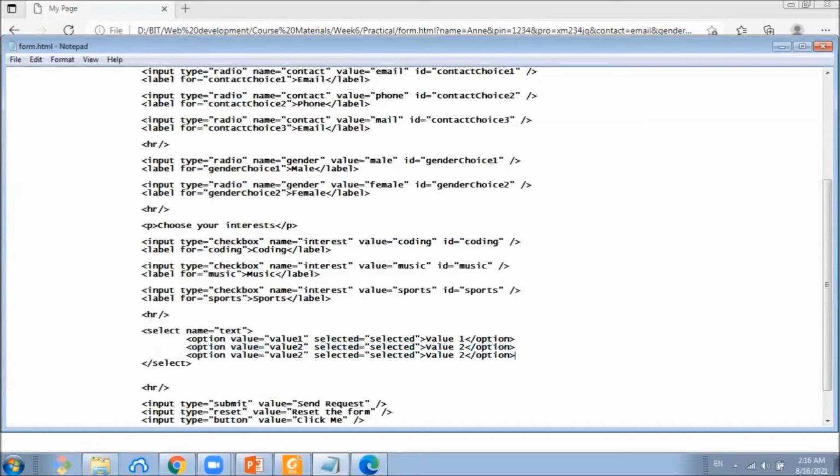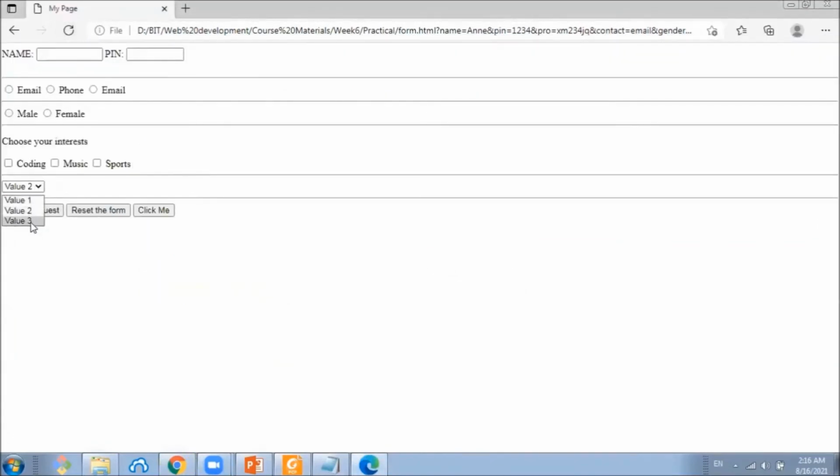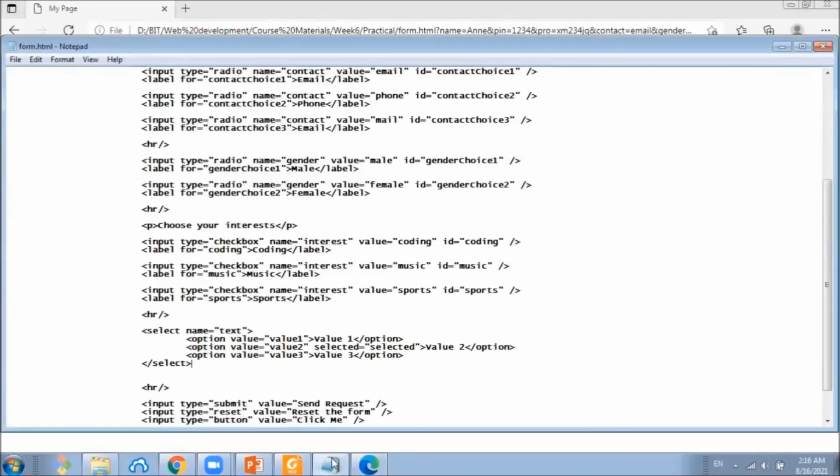And let's add another value called value 3. But we shall have only one selected option, so we will set the selected option to value 2, like this. Now values 1, 2, and 3 are there. Value 2 is selected.